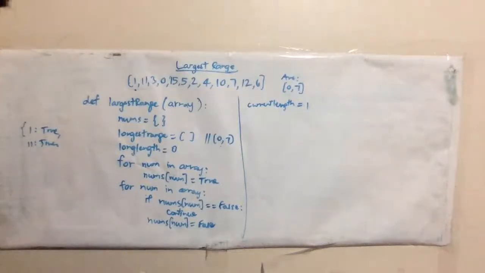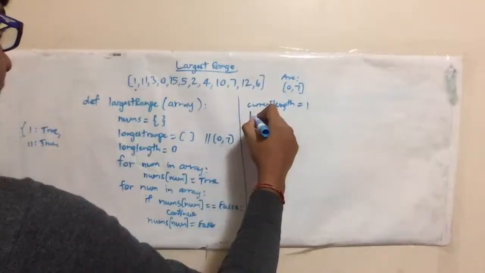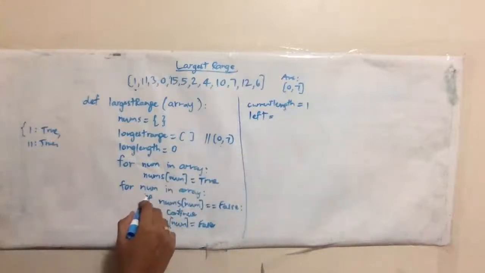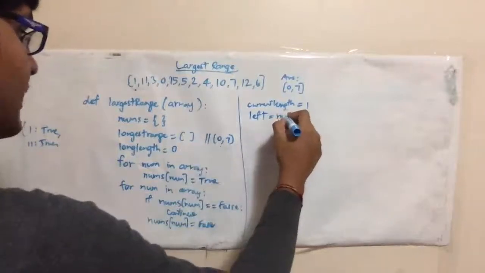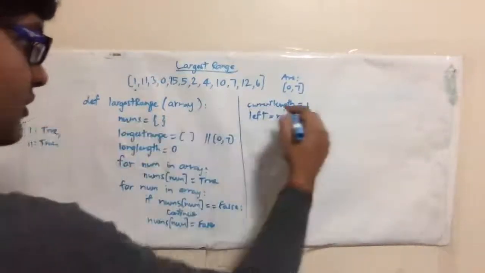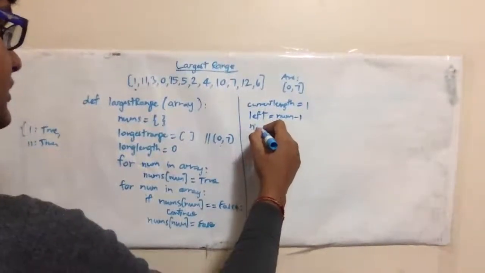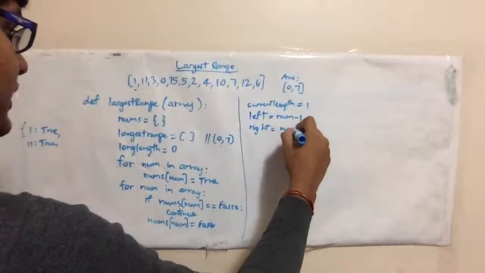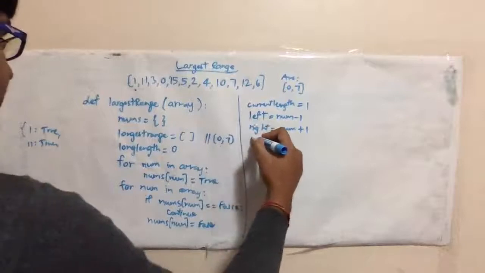So the current length, and we see the left and right. The left is equal to the number present, the number minus 1. If 1 is there, we check for 0, num minus 1. And right is 1 plus 1, 2, that is num plus 1. Okay, so we have declared the left and right variables, and we will iterate in a while